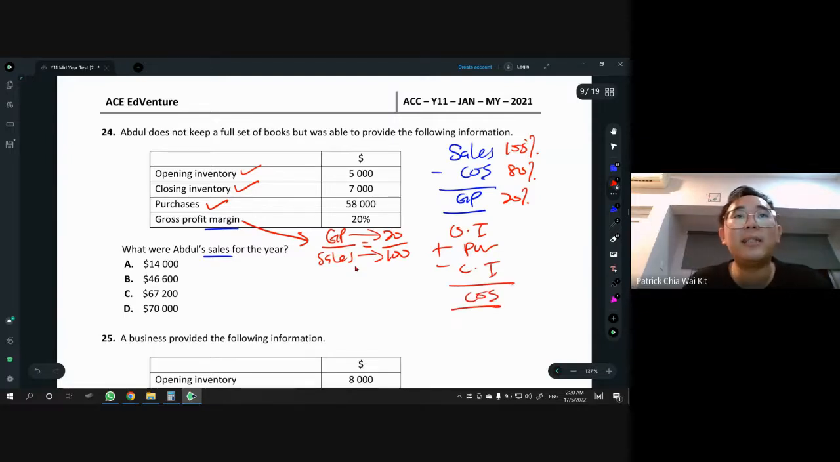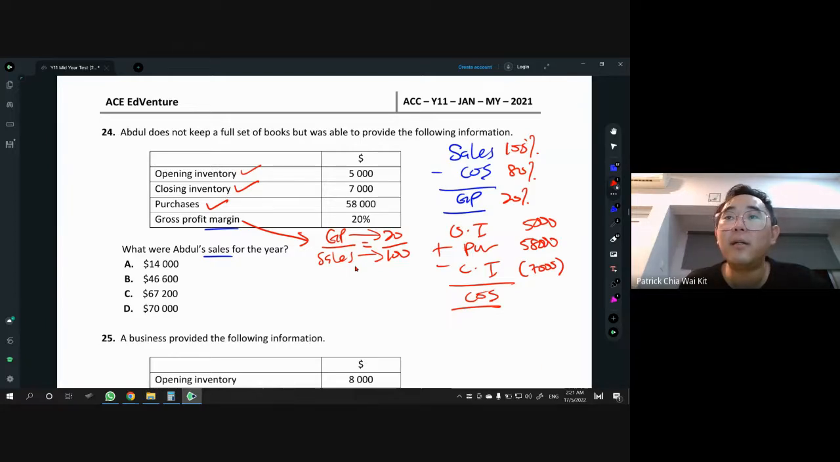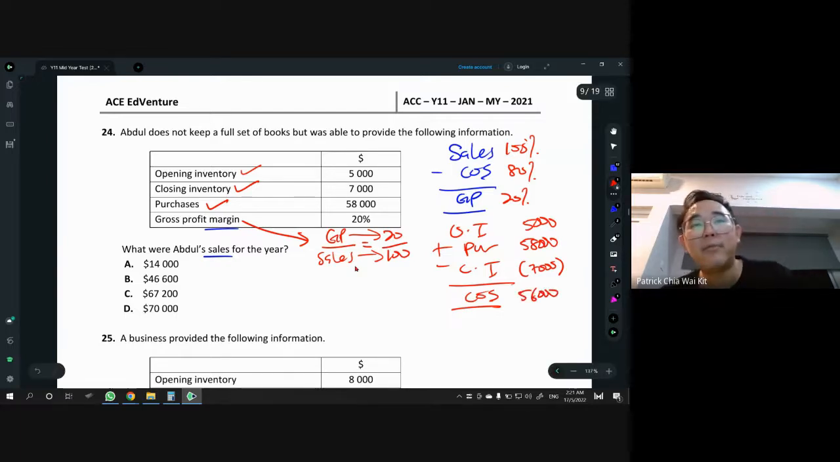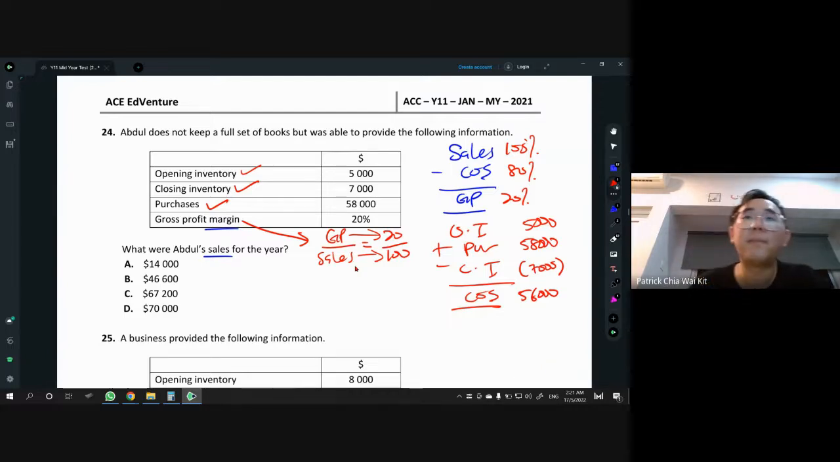So in this case, 5K plus 58K, and you minus 7K. Okay, and that will be, I guess, minus off 2K, so it is 56K. Okay, cost of sales is 56,000. Okay, so since we know